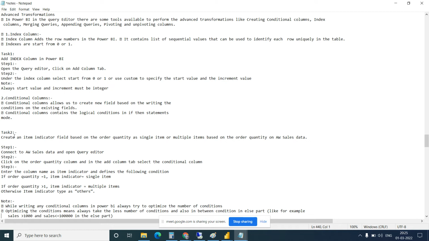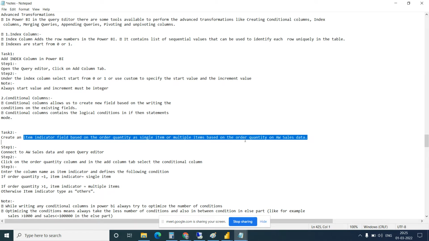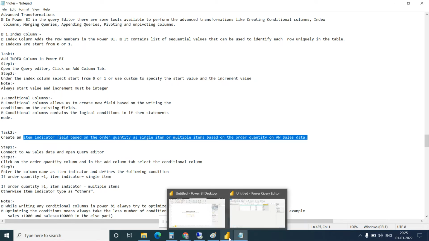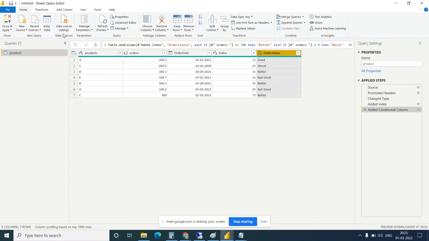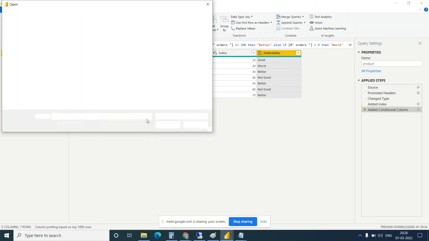So create an item indicator field based on the order quantity as a single item or multiple item, based on the order quantity on AW sales data. So let's connect with the AW sales data. How to connect? So let's go to the new source, click on the text CSV.